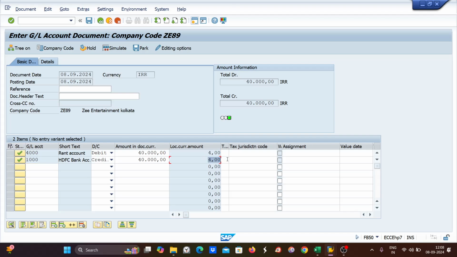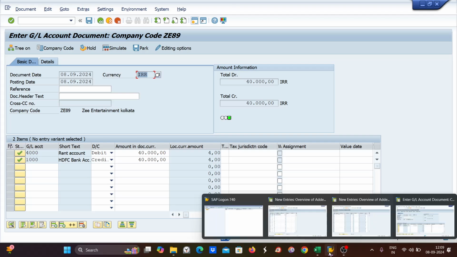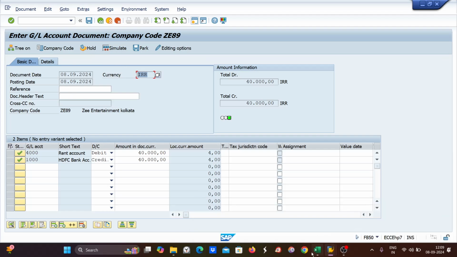So how does SAP come to know? SAP will first check for which company code this posting is being done. It will check ZE89. Fine, that's okay. But the company code doesn't matter, because in case of exchange rate, as I told you, it always sees the universal rate, right? Whether it is for Z Entertainment, Dish TV, XYZ, or any ABC company, the rate will always be the same. SAP will only figure out that the currency is now foreign currency. So SAP will check the rate maintained for foreign currency on today's date.